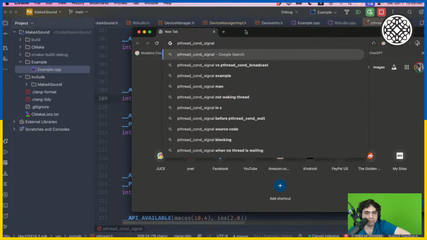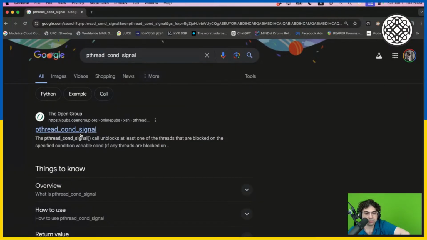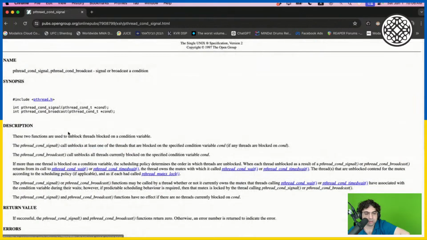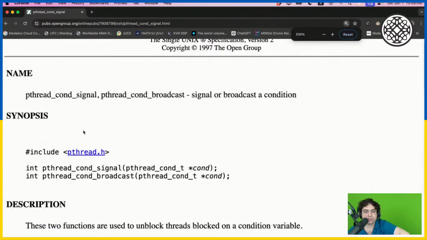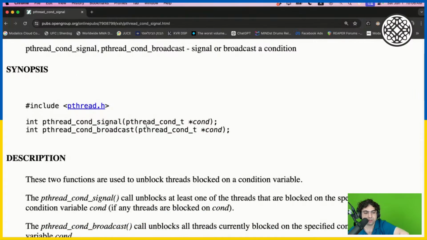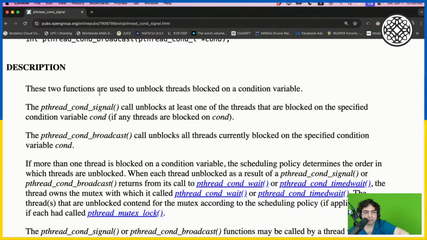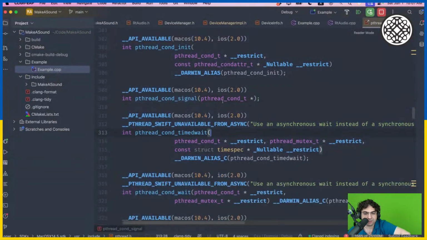So pthread condition signal. Okay, pthread condition signal, pthread condition broadcast: signal or broadcast a condition. These two functions are used to unblock threads blocked on a condition variable. Okay, so this is exactly like a lock. Basically, it locks on some mutex, I guess,